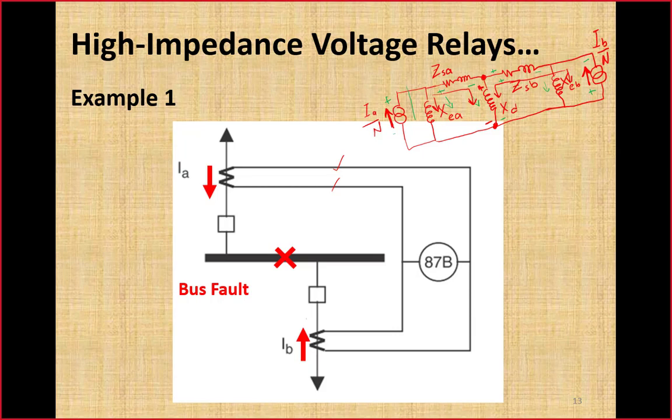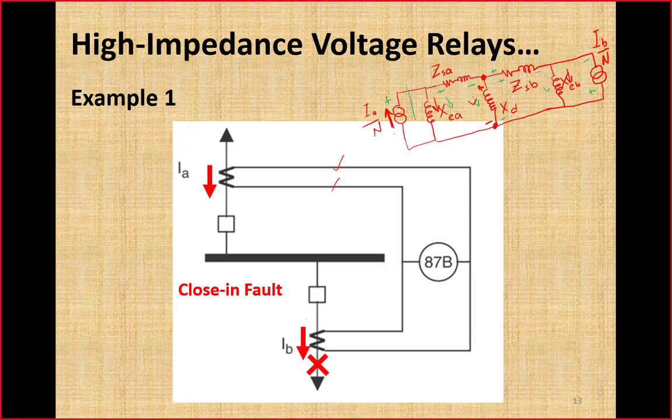So this is how this high impedance voltage relay will be able to make a discrimination between the normal operating condition and fault condition. But the real application of this relay was in case of a close in external fault when one CT gets completely saturated. Now we are going to discuss this concept. Here what is meant by a close in external fault? The fault that has occurred outside the zone of protection. Let's see first the response of this CT connection in case of this fault.